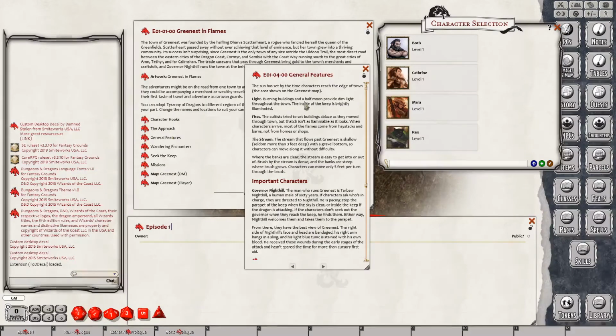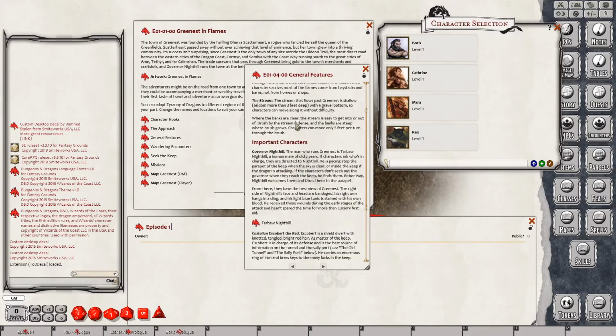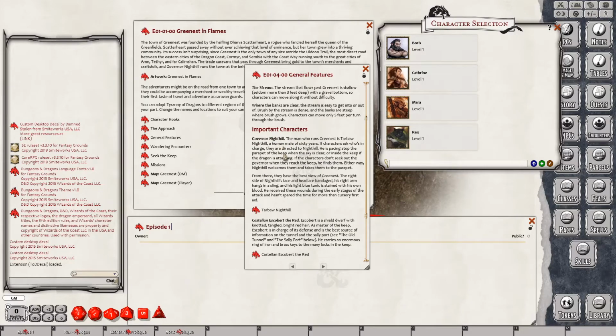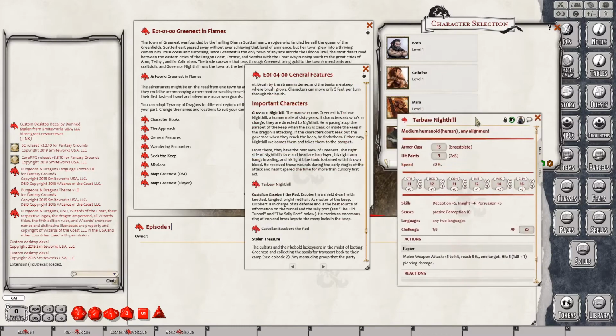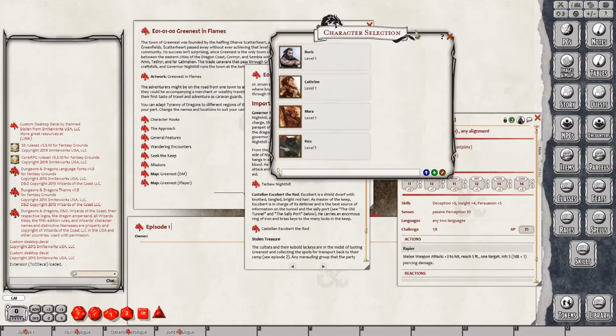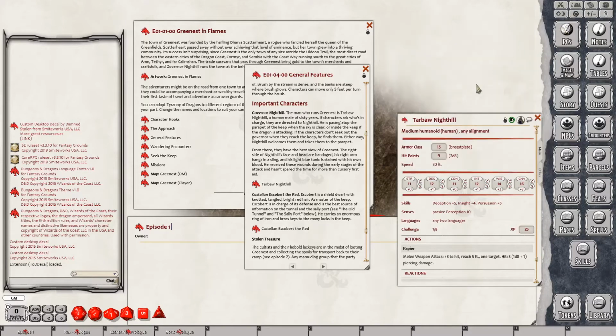General features. Light. Burning, the deep fires. The cultists try to set buildings on fire. We have some important characters, like our mayor here. We can see a picture of him, maybe, if we have him. We don't have a portrait of him. We have his character sheet, but we do not have...